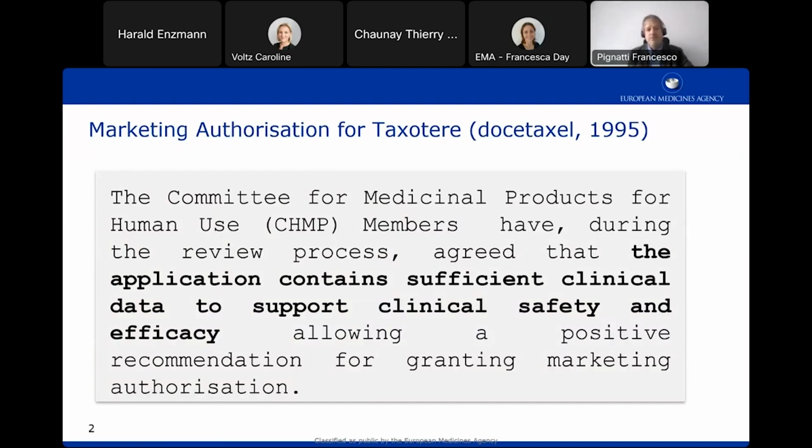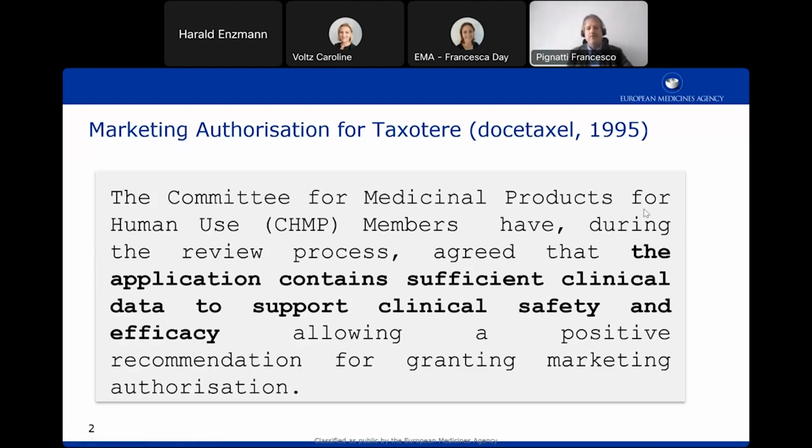It was actually a very short report, a few pages long, and just this paragraph in the end, which was carefully crafted, a little bit like a legal text more than a clinical judgment, talking about safety and efficacy